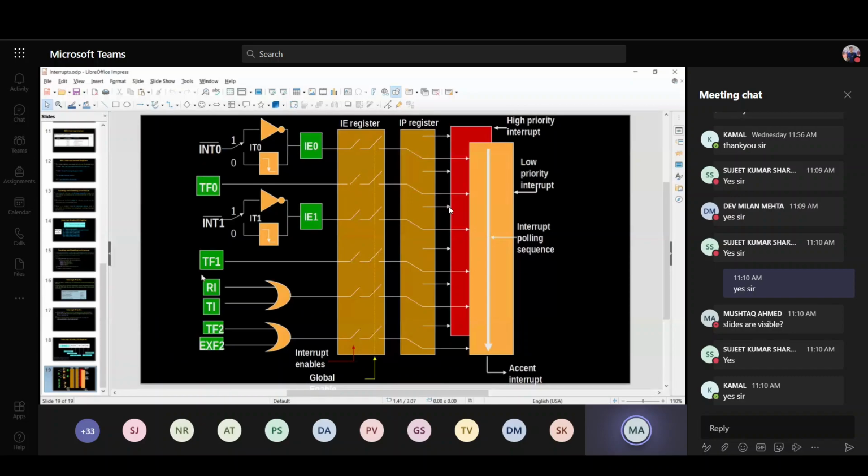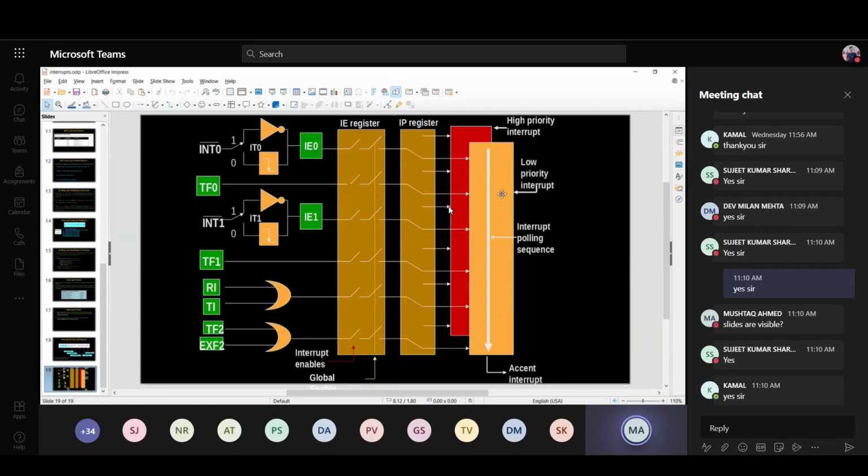First we check which interrupt occurs, then check the interrupt enable register whether that interrupt is enabled or not. If it is enabled, we check the interrupt priority register for its priority. A higher priority interrupt will be executed first, and a lower priority interrupt will be executed later.